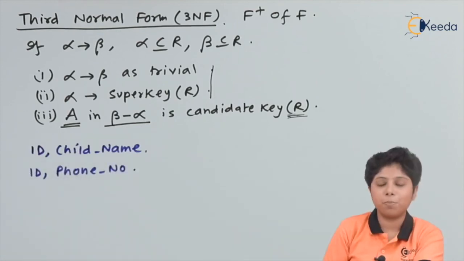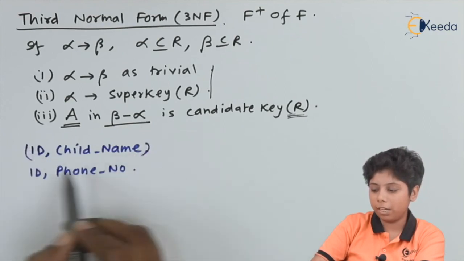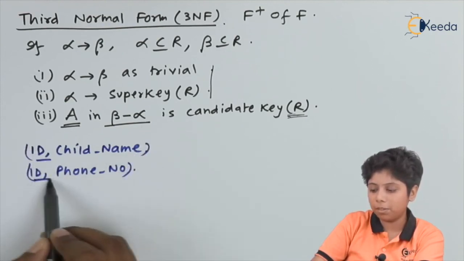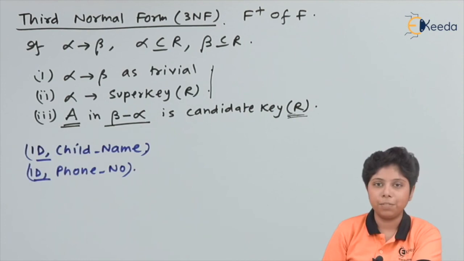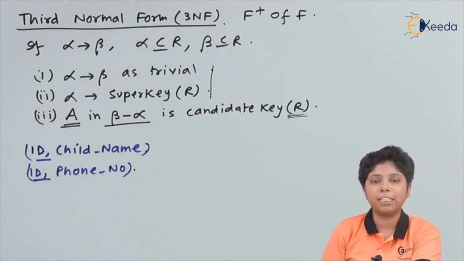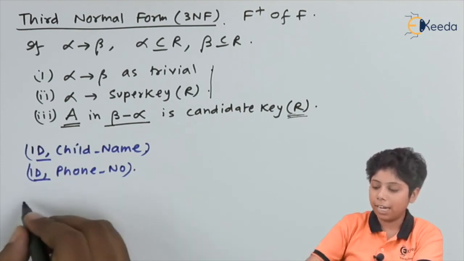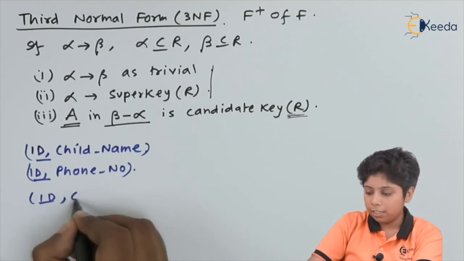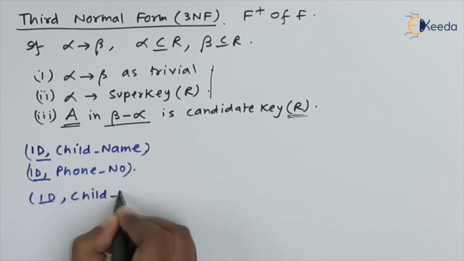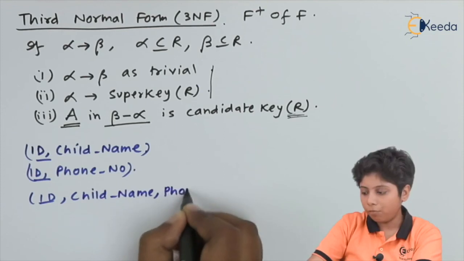So we have decomposed the child name with the ID and child name's phone number with the ID. Now if we recompose it into a single schema, then we will have ID, child name and the phone number,